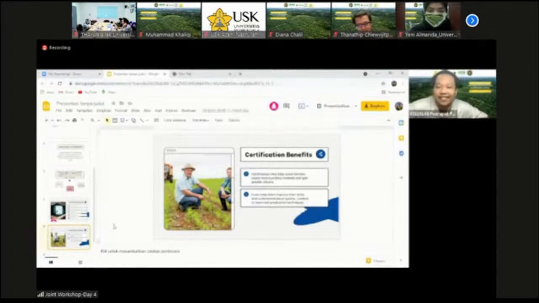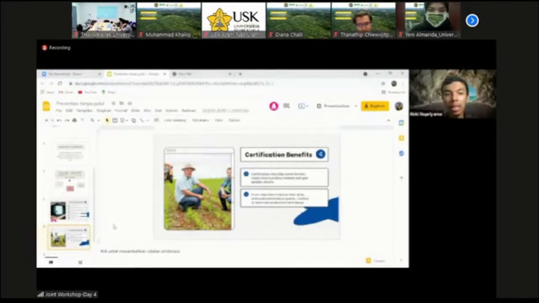Thank you so much to P and Yeni and also Yuan who have presented today. I think that's all for our presentation. The most important thing is that certification has become one of the things we need to focus on, and it is important as an aspect that needs to be implemented. Deforestation may increase, and supply chains may become unstable if we do not implement this certification. That's why it's so important for us to notice this topic.